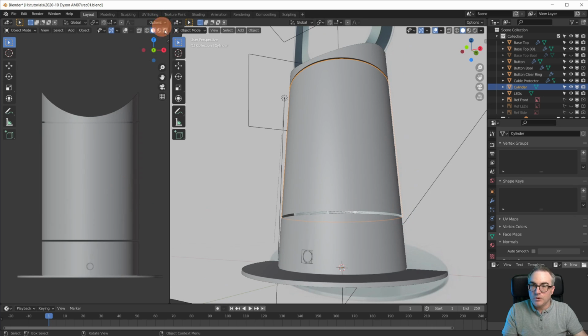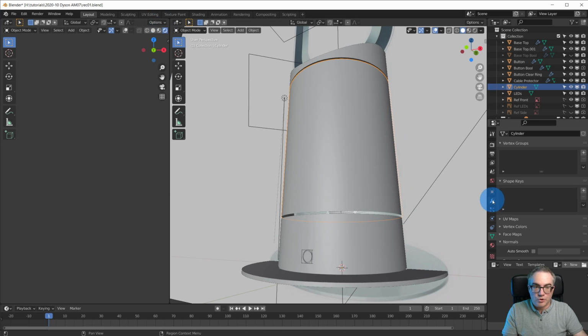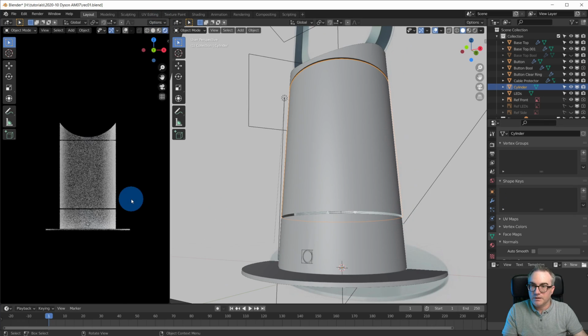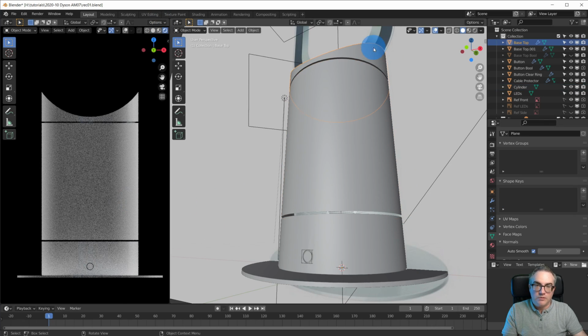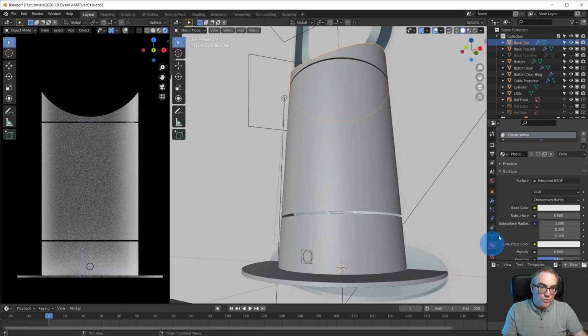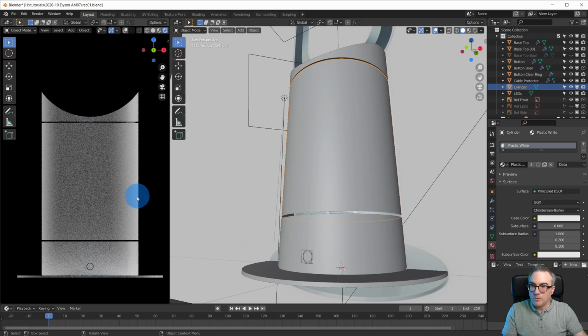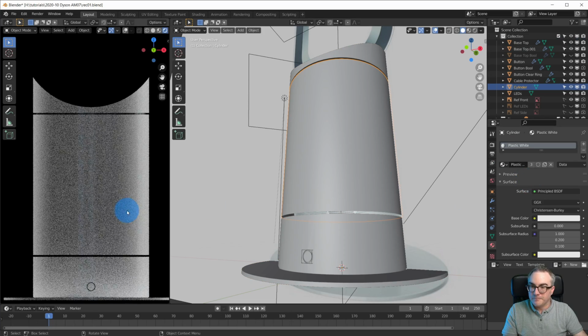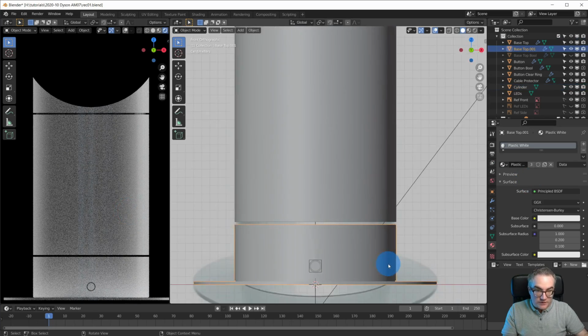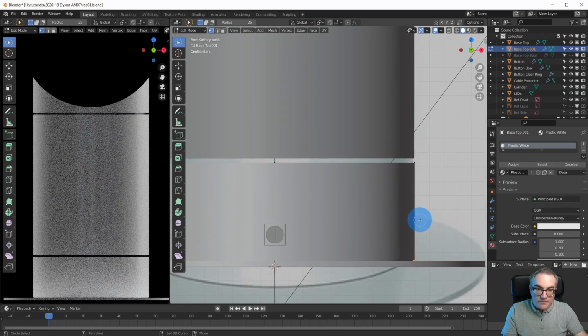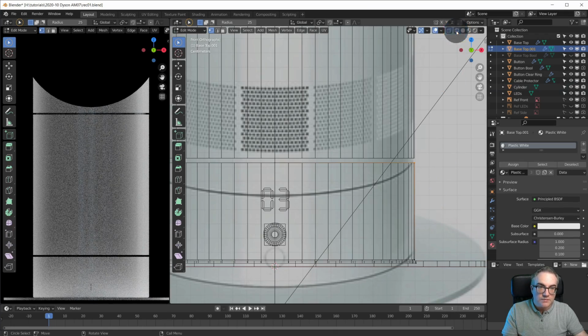Cool. What do we look like over here? I'm sure we have to assign the material. So here we have white plastic, here we have white plastic, and this guy needs plastic white also. All right, now let's fix this guy quick. Easy peasy, because we have